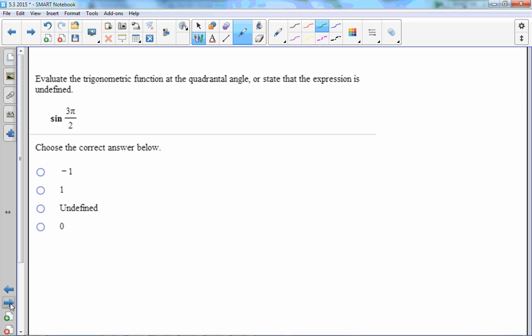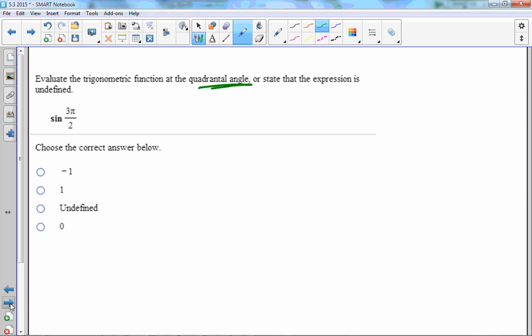Okay. Now, it says evaluate the trigonometric function using a quadrantal angle. Now, we're still finding ratios. So remember my saying, we're either going to draw a triangle or use the unit circle. In this case, 3 pi over 2, that's on my unit circle. In this case, I don't think you would really have to look at the unit circle much because